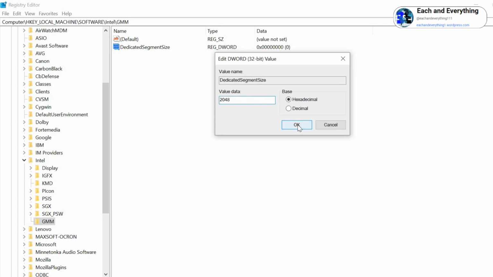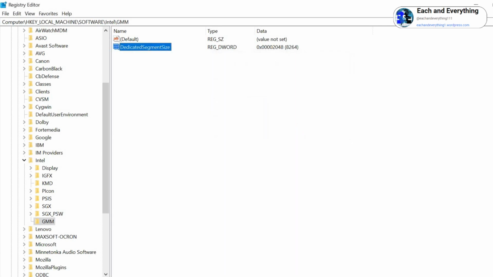Then I just need to restart the computer and see if it's making any difference on your computer and boosting gaming FPS or not. Let me know in the comments